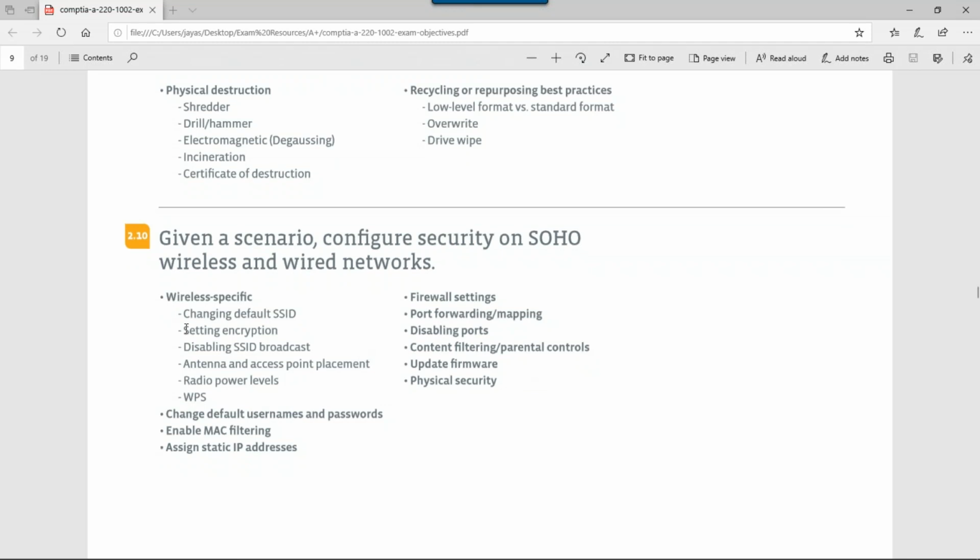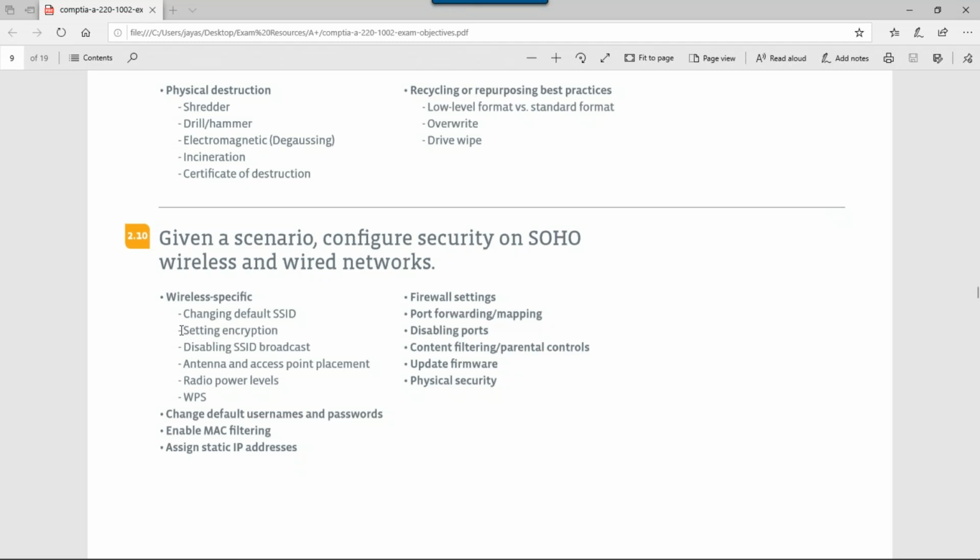Okay, so this is something else that I saw. Securing the SOHO. For those of you that will be moving on to Net Plus after A Plus, this is something that's going to come back. Okay, then this is something that you're going to see again on Security if you take Security. So it's better to get a feel for this now while you're on A Plus, but just at the appropriate level. But yeah, you're going to see stuff like this, right?